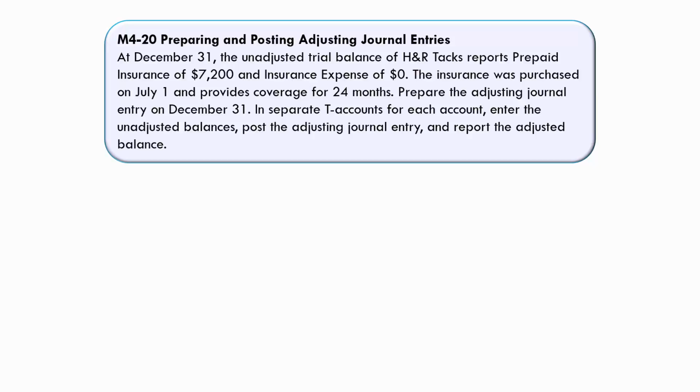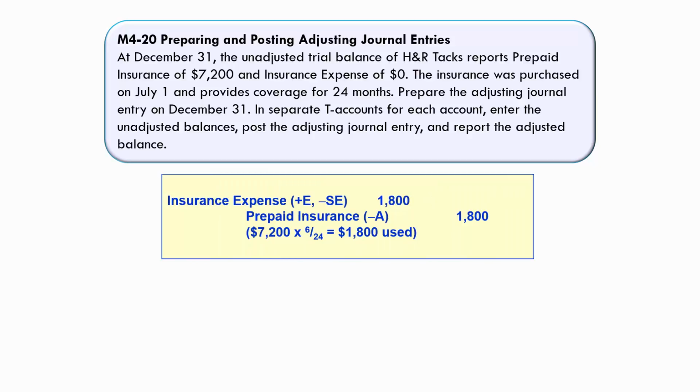At December 31st, the unadjusted trial reports prepaid insurance of $7,200. The insurance was purchased July 1st for 24 months. Prepare the entry on December 31st. In separate T accounts for each account, enter the unadjusted balance, posting the adjusted journal entry, and report the adjusted balance. All right. Well, if it's